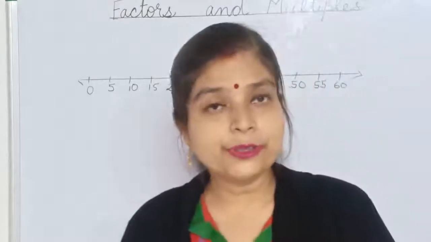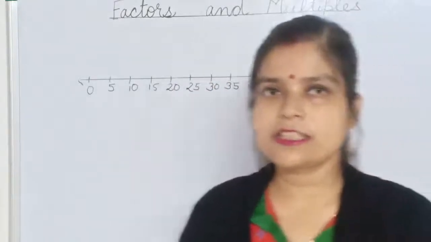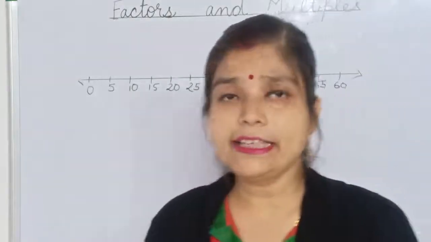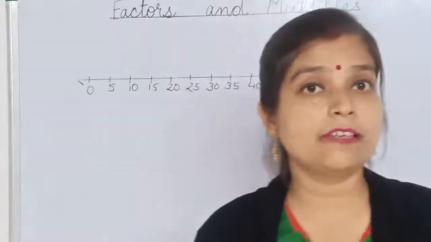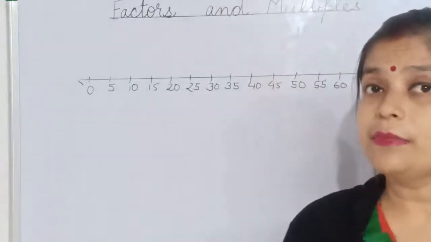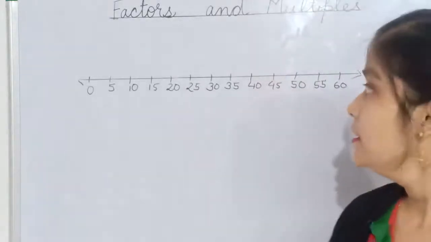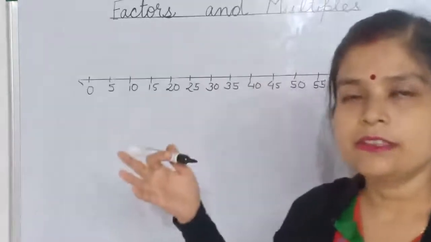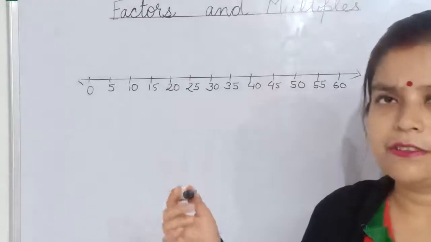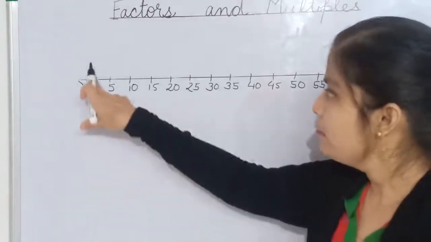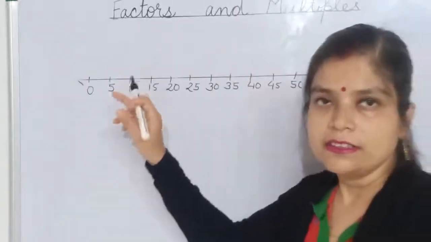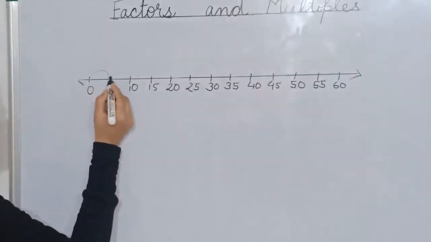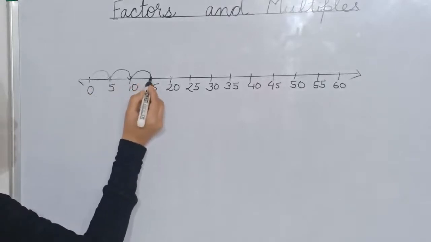Okay, to introduce these two words, let's first start with our old knowledge only. How we are writing the multiplication table in a number line. When you were small, you were writing the multiplication table in the number line. Here is the multiplication table of 5. In the multiplication table of 5, what are we doing? We are jumping by 5 steps. Here is the equal step we are taking, and that is equal to 5. One step is equal to 5.